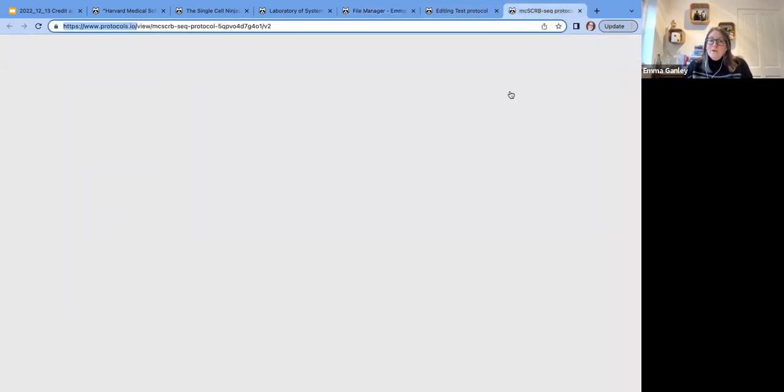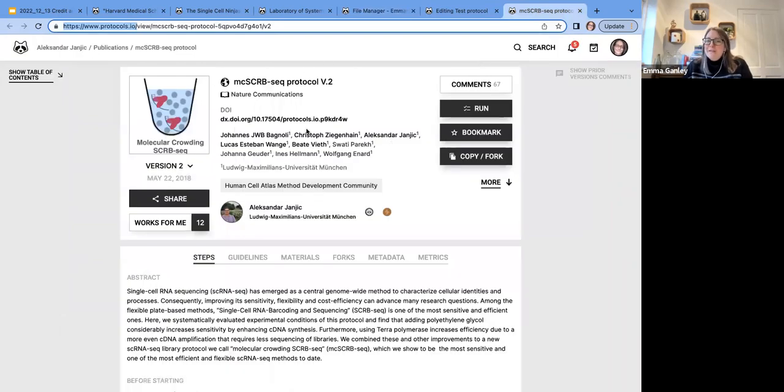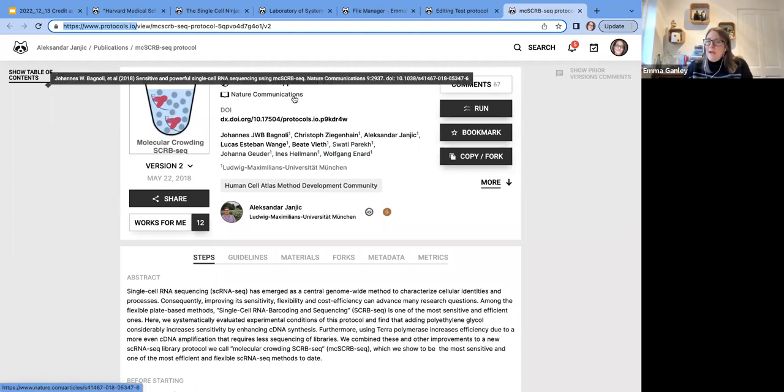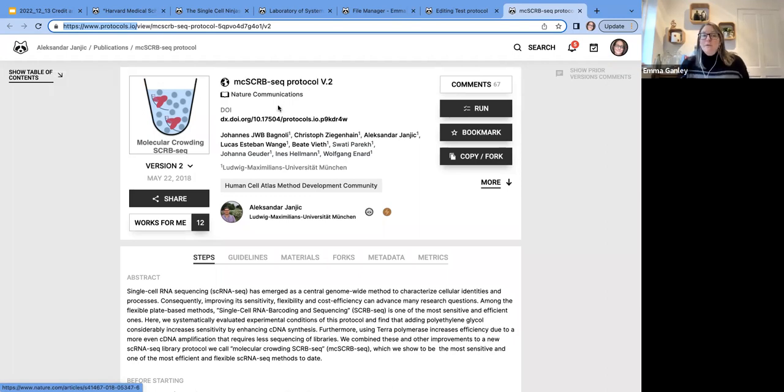And then once you have published and got the DOI, it will appear with a DOI here. So here's just another example, one that you can see. This example is linked with a paper that's been published in Nature Communications. So if you do then go on to link the protocol with a paper, you can add the citation to the research article later if you want to do so.